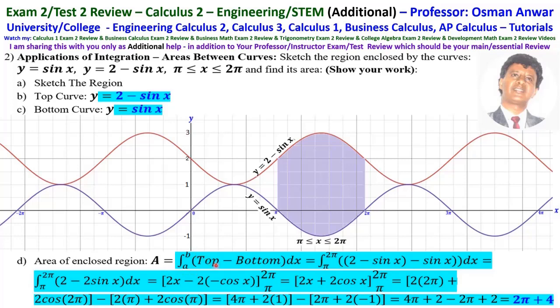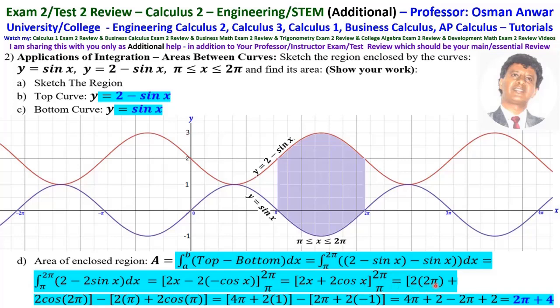integration from a to b, top curve minus bottom curve dx, a is pi to 2 pi. Then it is top curve is 2 minus sine x minus the bottom curve is sine x dx, which is pi to 2 pi, 2 minus 2 sine x, which is, when you integrate, this is 2x minus 2, the integration of sine is minus cosine x. That's from pi to 2 pi, which is 2x plus 2 cosine x from pi to 2 pi,